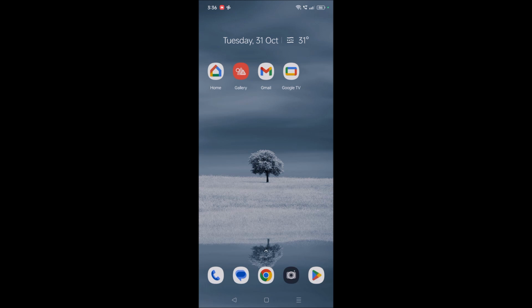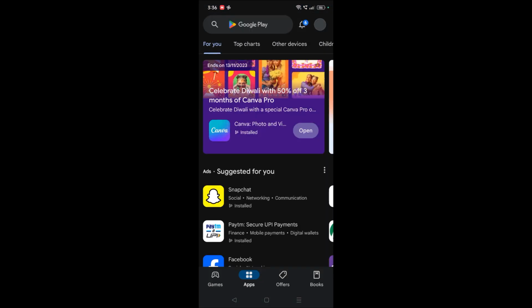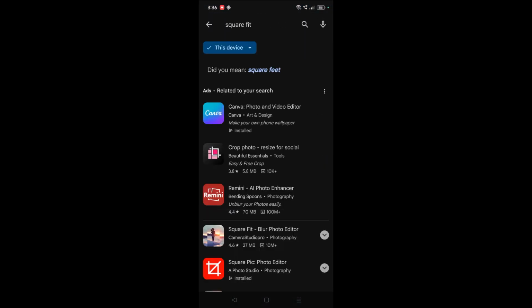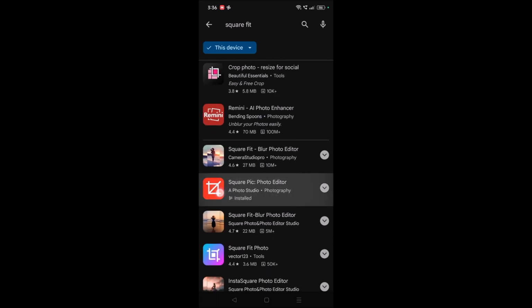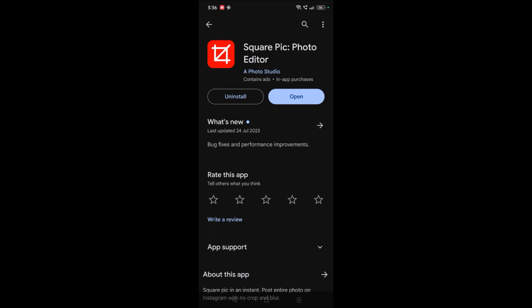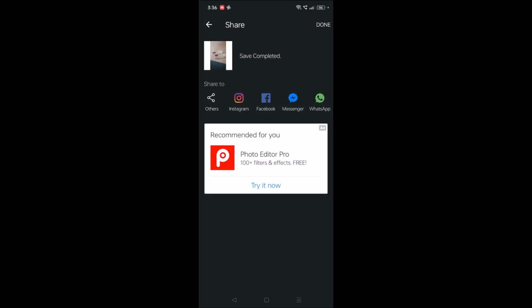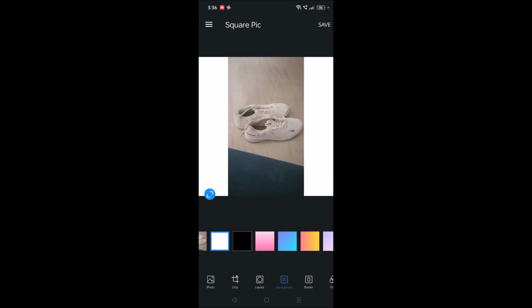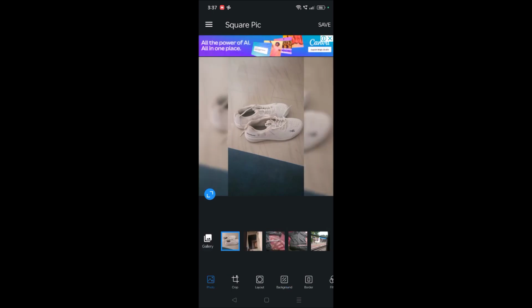app called Squarefit. You can open your Play Store and search for Squarefit, and this is the icon. See here, this one, and you can click on install and click on open once it is installed. And here you just need to open any picture you want. This is the home screen you'll see, and this is the gallery option. You need to click on this, or else the pictures will be displayed here, and whichever picture you want,